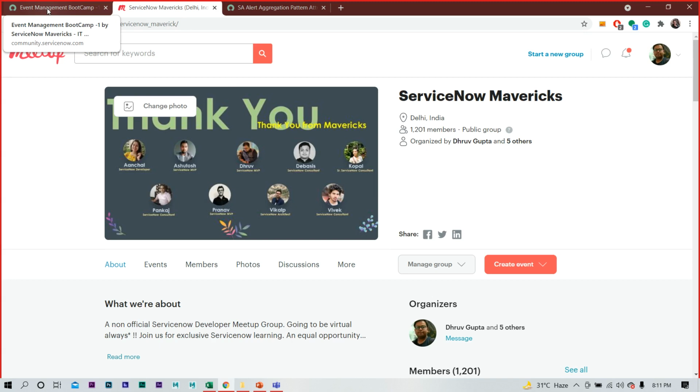Okay, so in SolarWinds, suppose an event has come and it has created an alert or incident. You need to define the message key. We don't get a message key out of the box from SolarWinds, so SolarWinds doesn't have any field called message key. In event rules, you need to set this message key. Whenever the closing event comes, it will close the alert and also close the associated incidents automatically, so you need not worry.